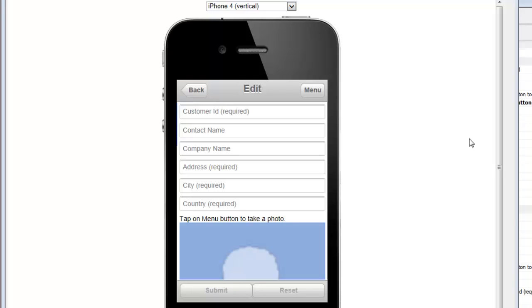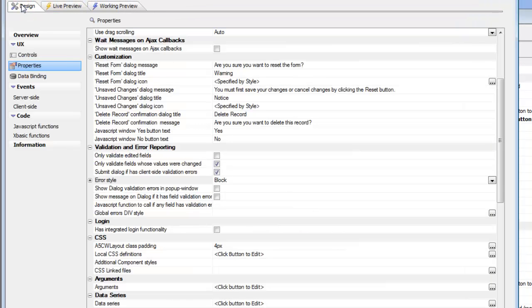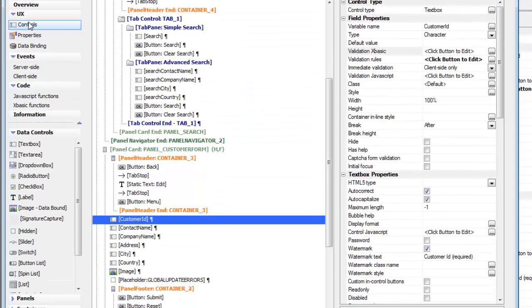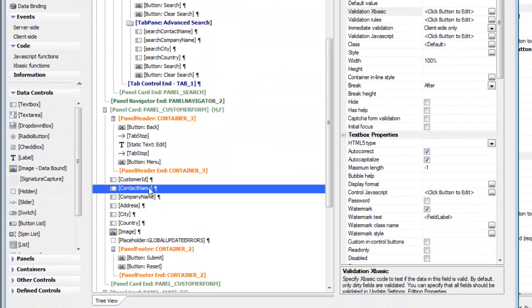So we're continuing now with lesson 16 of our step-by-step tutorial, and now let's go and define required value rules for all of the other controls on the form here. So let's go back to design mode now, and then go back to our controls, and then go to contact